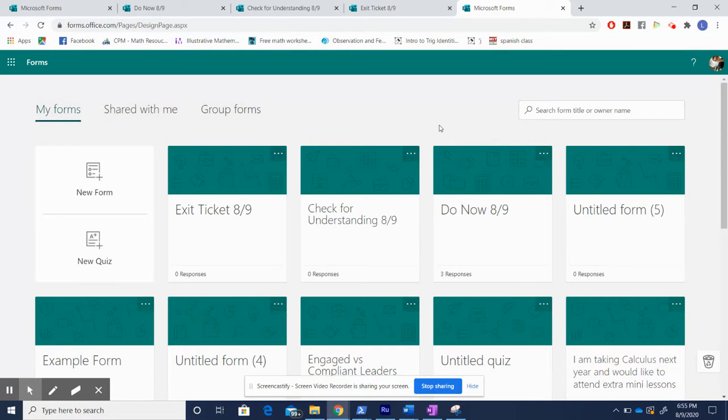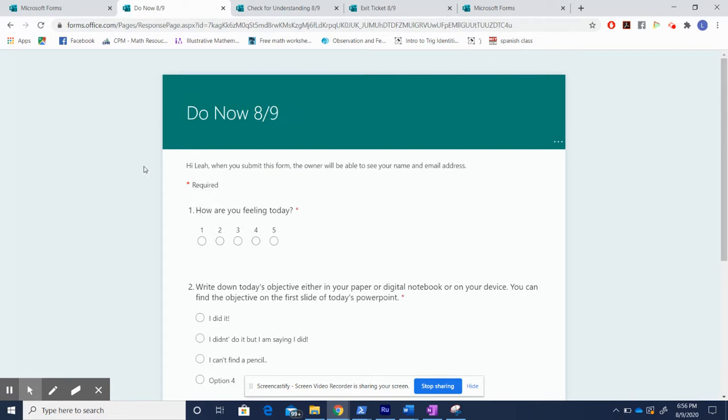Let's go over and talk about what's in each of these forms. Let's start with the Do Now. I begin every Do Now, both in the classroom and online, with the check-in. I want to know how the kids are feeling today. You're not going to have that opportunity to shake a kid's hand or give them a hug as they enter the classroom. So it's very important that you give them an opportunity to identify how they're feeling at the beginning